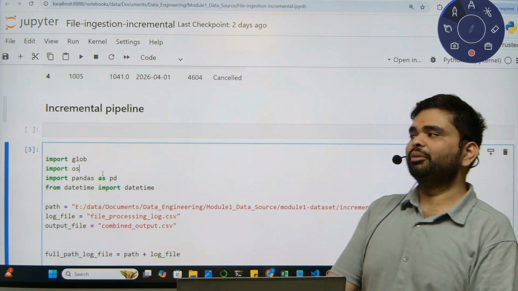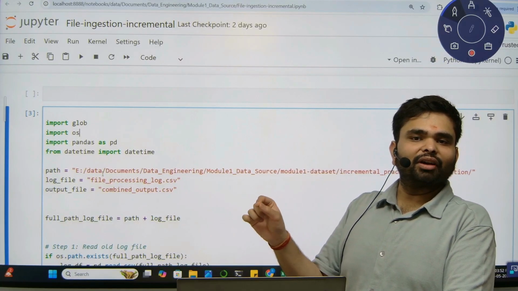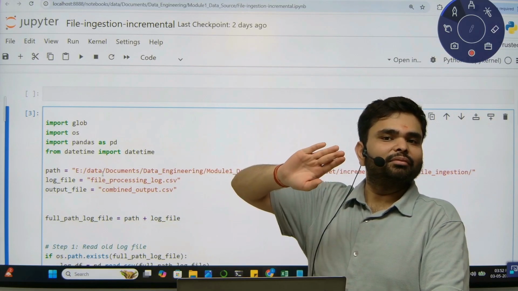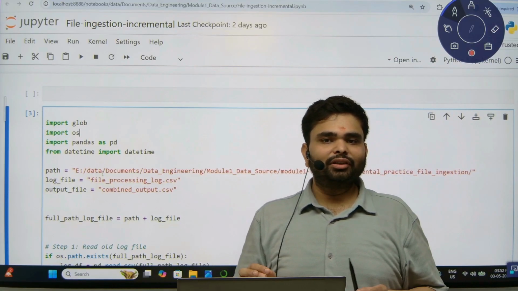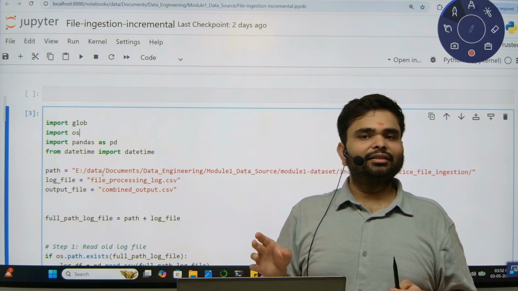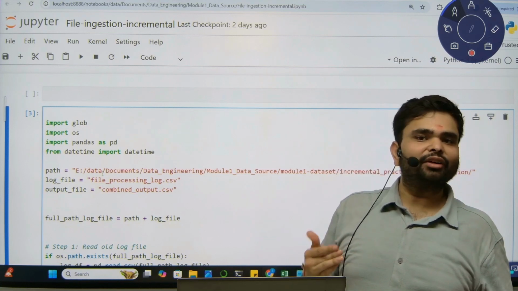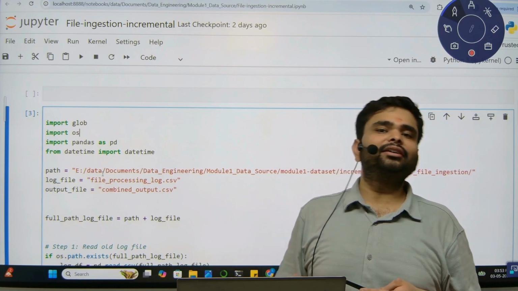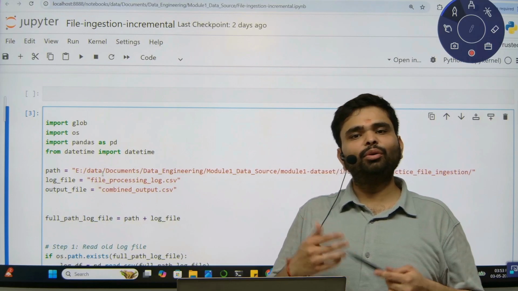Now comes the incremental pipeline. The incremental pipeline will look at each file and figure out whether there are any changes or not. If there are any changes after the last ingestion time, then only we will load that file. For example, file 1 was loaded yesterday at 9:30 am, and after that there is a change at 1:30 pm. So we have to load that file. In file 2, we don't have any changes, so we will not load that file. But how do we test this? That's a major concern. For this, we have the incremental pipeline. This is the process, you can say.